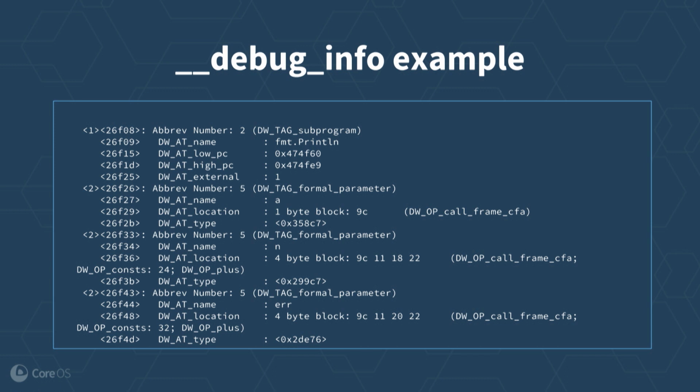And here's an example of debug info. You can see it's showing at the very top, we're specifying a subprogram, right? So main to print line. It gives you the high and low PCs for that. So this is like the actual place in memory where this code lives while it's being executed. And then this information is stored as a tree, right? So you have the root of this tree right here, and then you have some children. So the children are like the